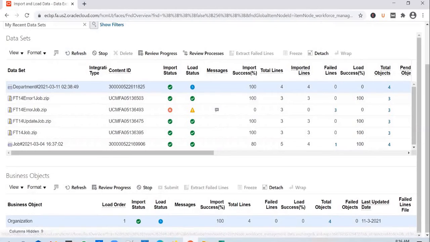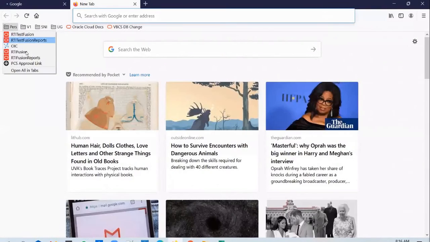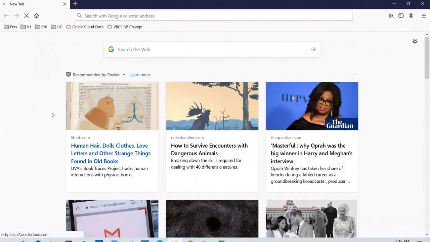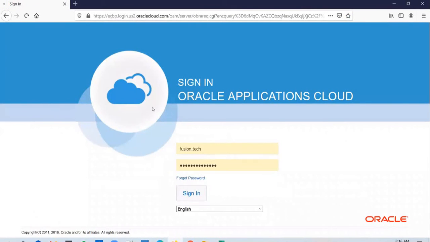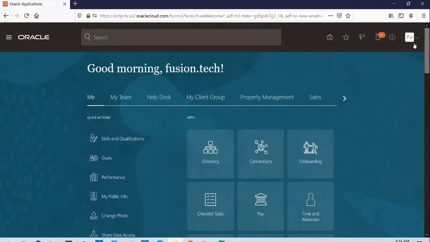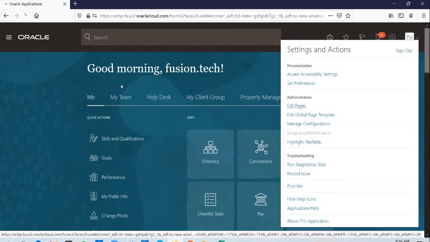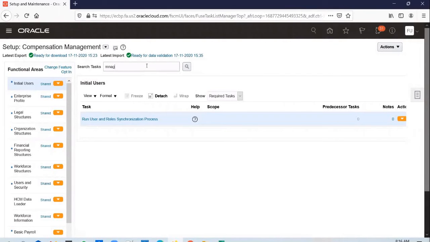And once the load is done, if you go back into the application, you should be able to see the departments created. Go to global search.